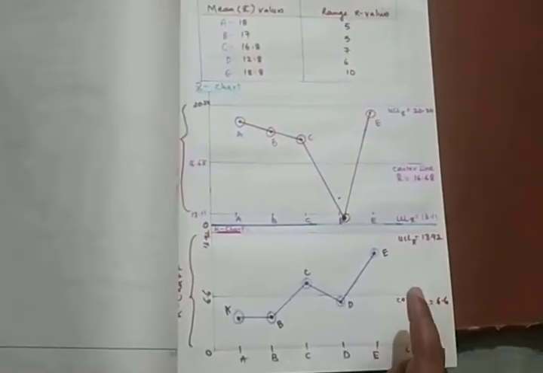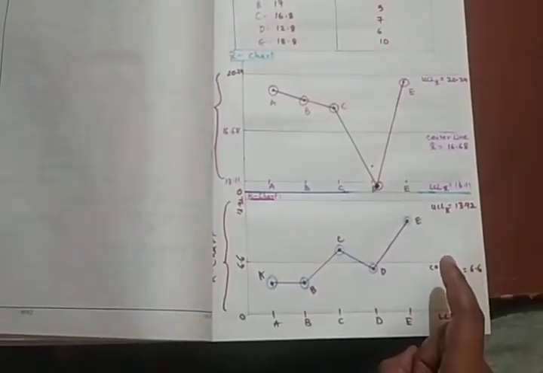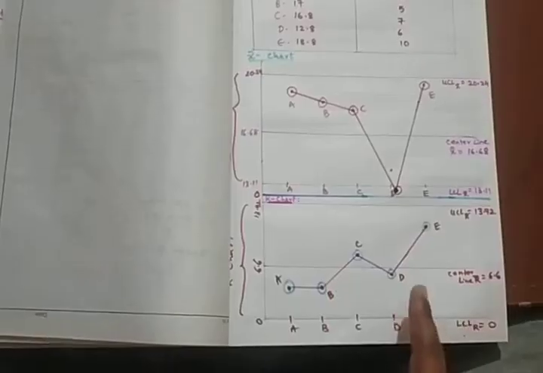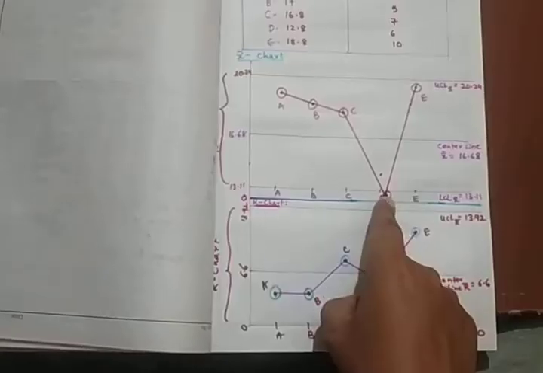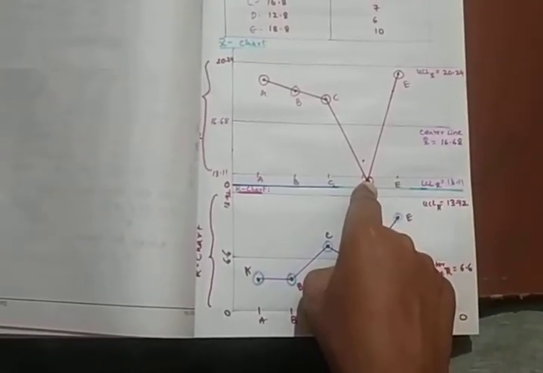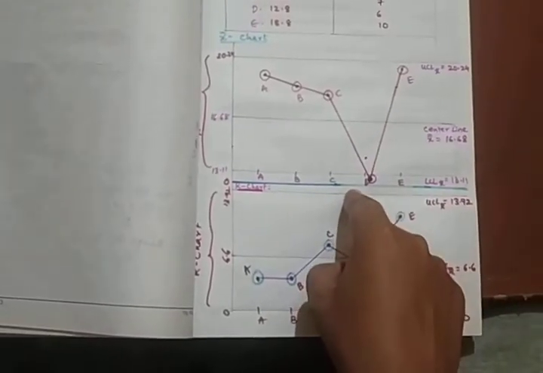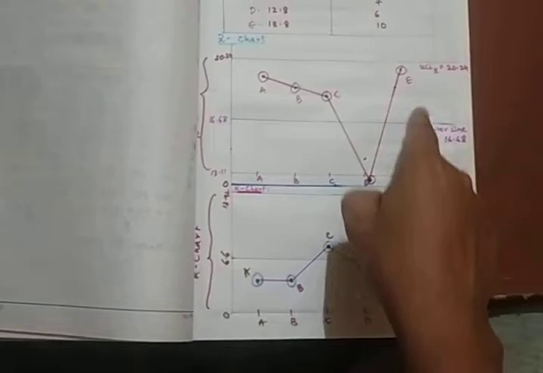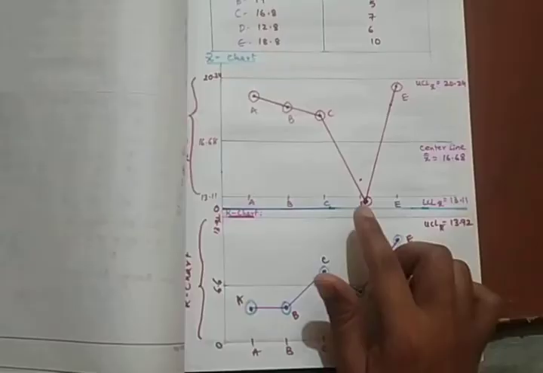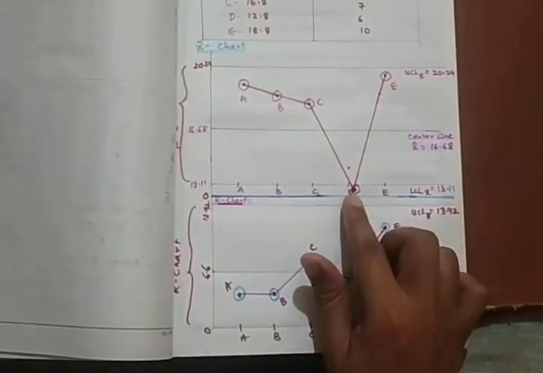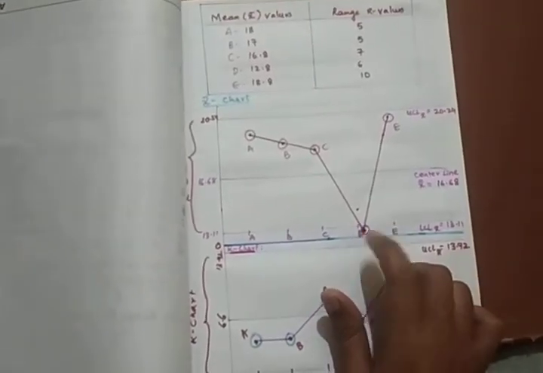The major objective of control charts is to see whether the process adopted is in control or out of control. Looking at the graph, we come to know that in the X bar chart, a point is below the lower control limit. Whenever all the sample points fall within the control limits, that is UCL and LCL, the process is said to be in control. Otherwise, if any of the sample points falls beyond the control limits, the process is said to be out of control. We see that one of the sample points is below the control limit LCL, therefore the process is said to be out of control.